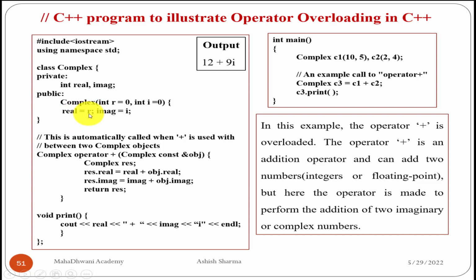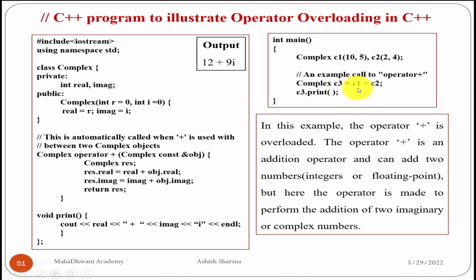So real part is 2 and imaginary part is 4. After completing this phase, we set the value for C1 and we set the value for C2 for real and imaginary parts as well. Whenever we call the operator overloading complex, it is a type of the third complex number